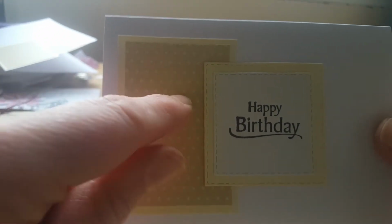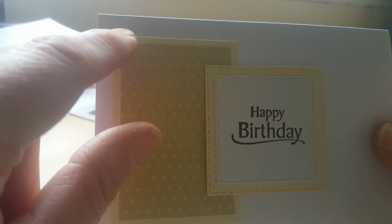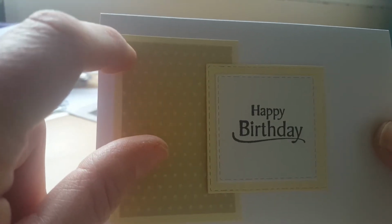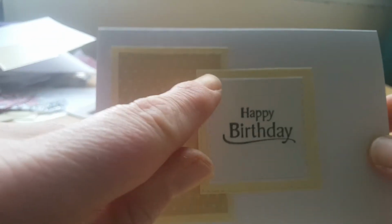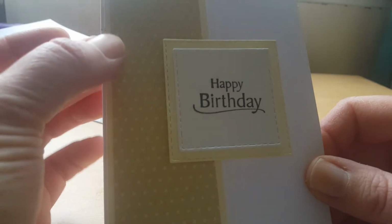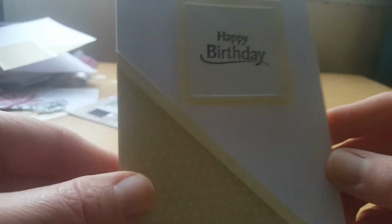And again, designer paper. Now I have actually backed it onto a piece of cardstock, and all that I've done is made the cardstock 1/4 of an inch both sides bigger. And again, nesting dies and stamp. And this one, I backed this one and did my nesting dies. And this one,